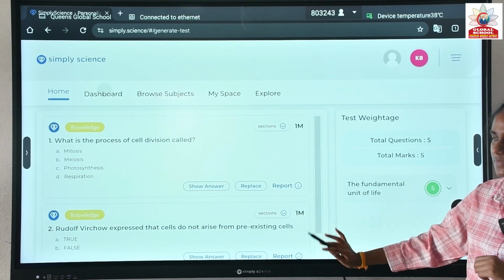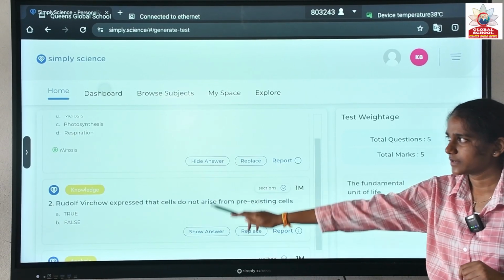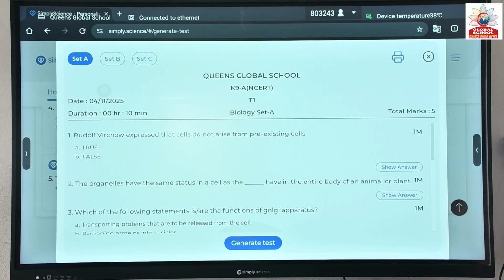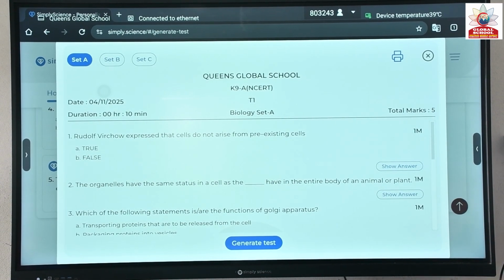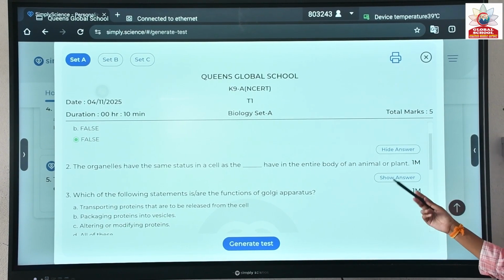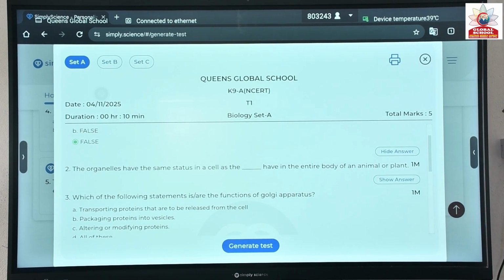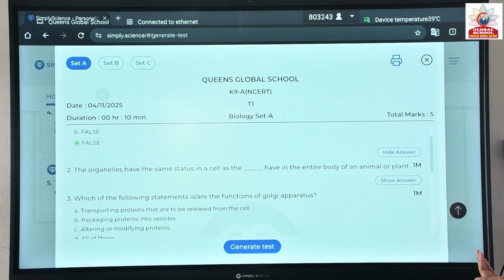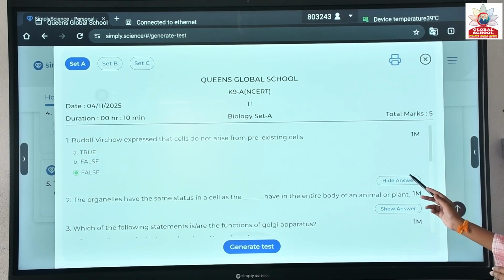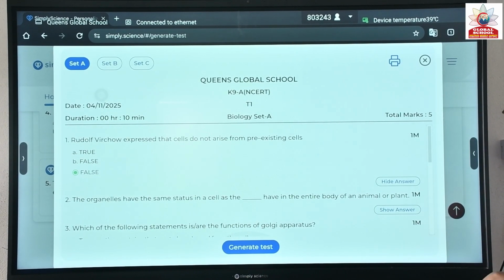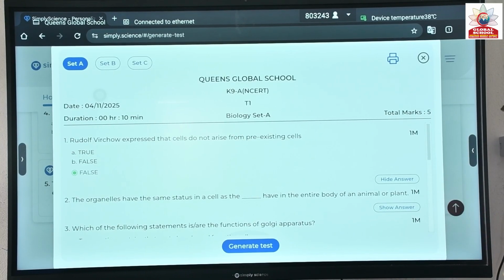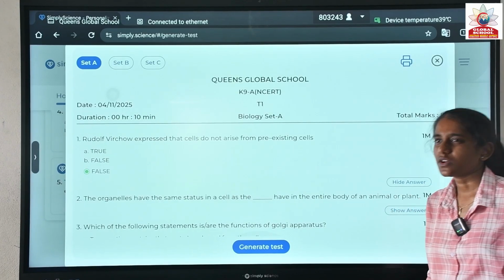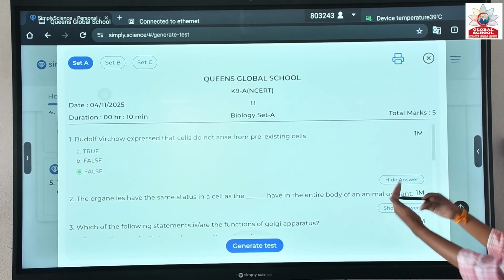Now the question paper will be ready for you. If you want to see the answer also, you will get the solution there. And at last, click on preview question paper with your school name. Now the question paper is ready. Now we are adding one more thing: whether you want to take the printout with the solutions or without the solutions. Now you only get the questions while taking the printout, not the solutions. So we are adding the option according to your preference, to take it with or without solutions. We are adding that now. So this is the question paper and there are 3 sets. 3 rows are there in the classroom to avoid cheating in the class. The questions are the same but they will come in jumbled format.